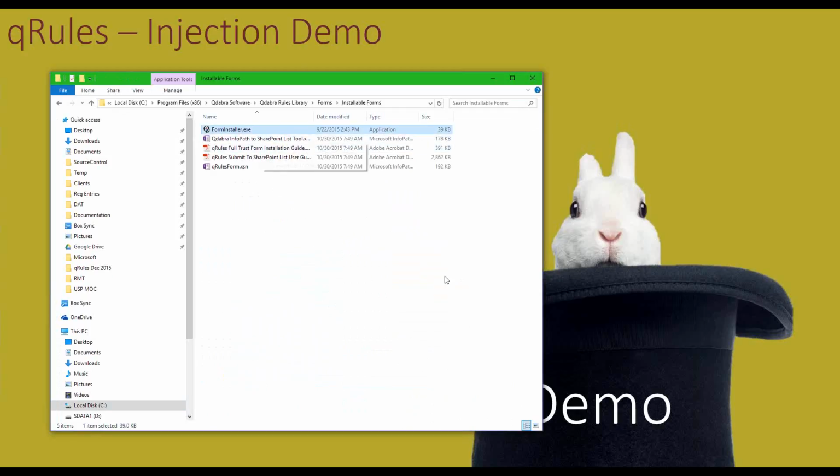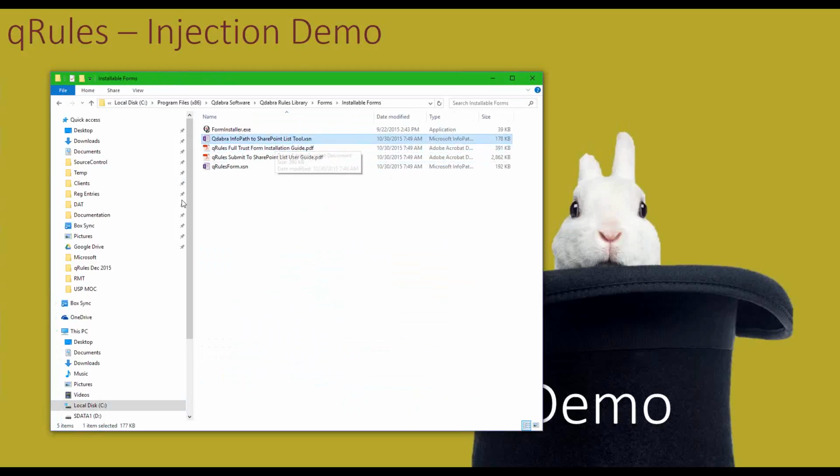So Form Installer EXE is a little application that you can use to install full trust forms. And we have a guide here for how to install your full trust forms. This form is full trust and needs to be installed. I think we've also got the qRules form set to full trust and can be installed.